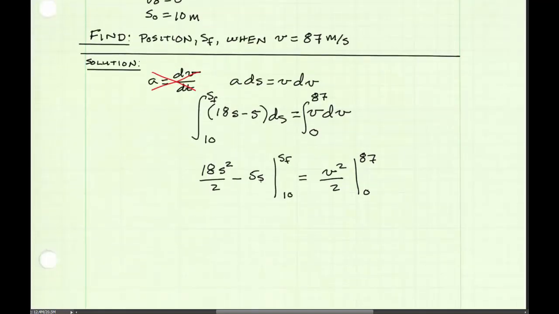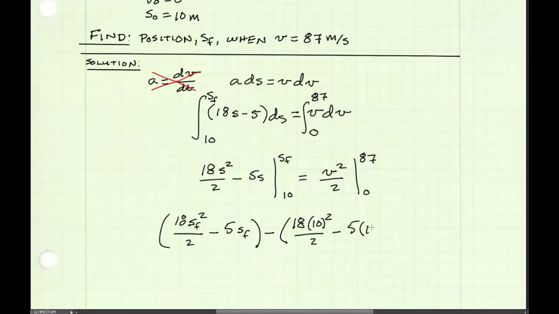Continuing with our problem and putting in our limits, we have 18 times s sub f squared over 2 minus 5 times s sub f, minus 18 times 10 squared over 2 minus 5 times 10, is equal to 87 squared over 2. Simplifying this a little bit, we would get 9 s sub f squared minus 5 s sub f minus 900 plus 50 is equal to